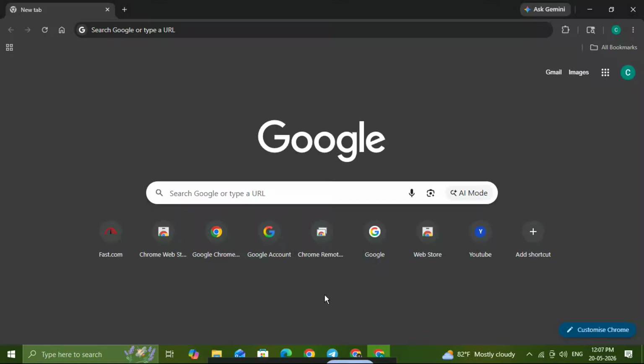If you want Google Chrome to always open in incognito mode on Windows, you're in the right place. In this video, I'll show you a simple way to change your Chrome shortcut so it launches privately every time you open it. This is super helpful if you want extra privacy or if you just prefer browsing without saving